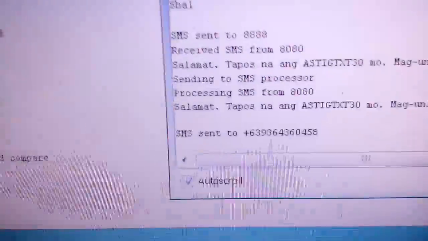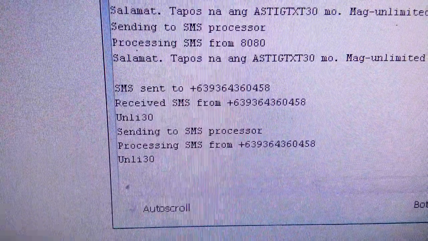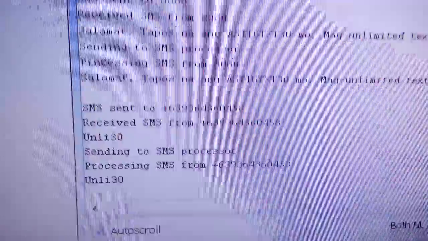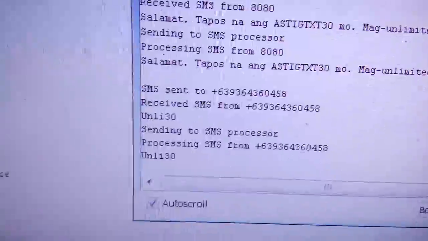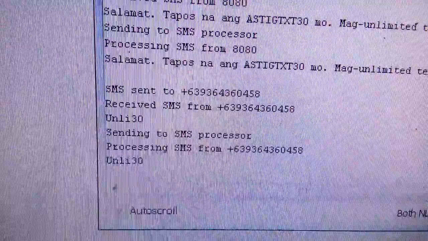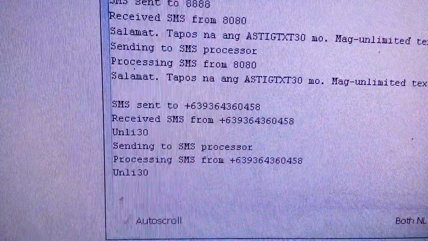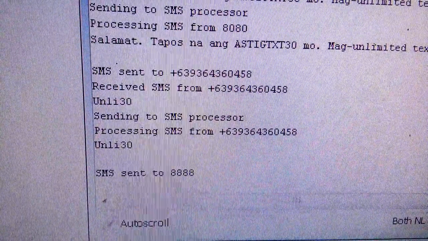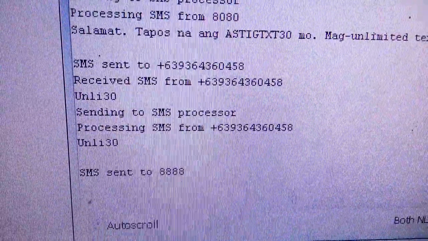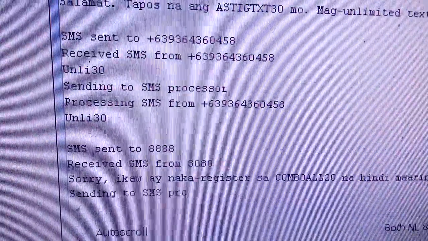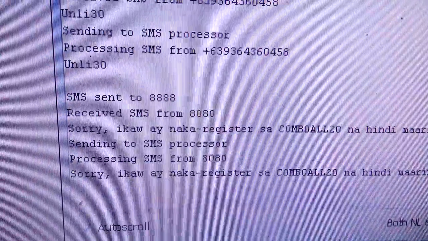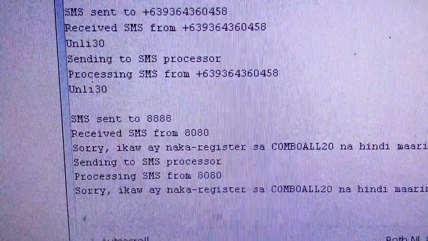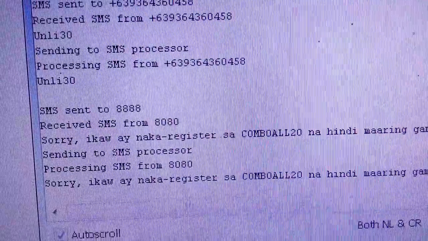let's check on the serial monitor what it receives. SMS from your number, only 30, processing SMS, the message is only 30. Stop processing. Oh, what does it do? It will send message to 8888. That message is actually asking text 30. Okay. So, the 8080 will not reply, sorry, ikaw ay nakaregister sa combo all 20. Okay, CA20, which I've registered na hindi pwedeng kasabay ng